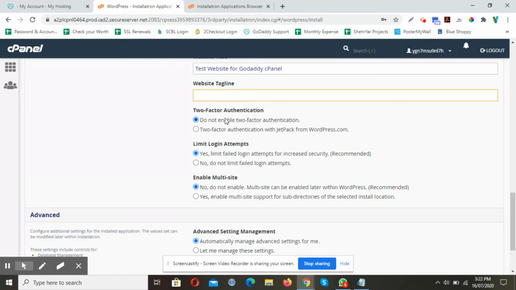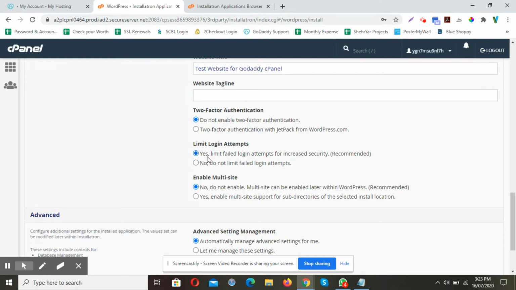For now, I'm not going to enable the two-factor authentication because my developers have been working around the clock. So when they need to get into this WordPress admin, they always need to ping back me and wait for me so that they can get in. But one of the most important things is you always need to select the login attempts.